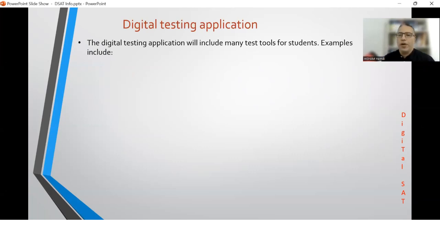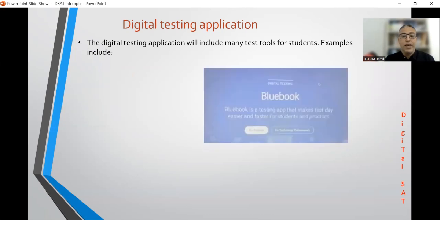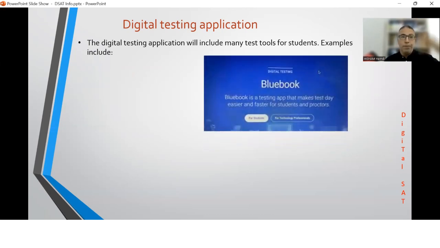What is the program I'm going to use for the test? College Board released a program. This program is called Blue Book. You are going to download it and install it. It's for free. You have a practice test on it. And on the exam day, the proctor at the board will give you a code. This code you add it to